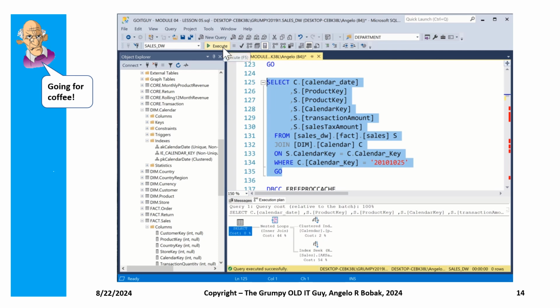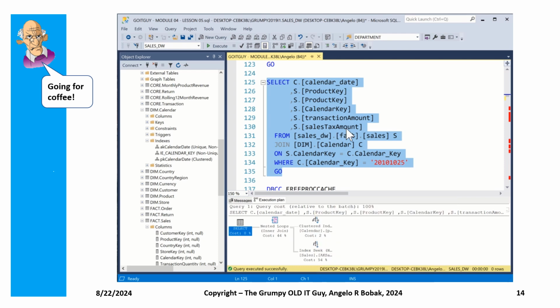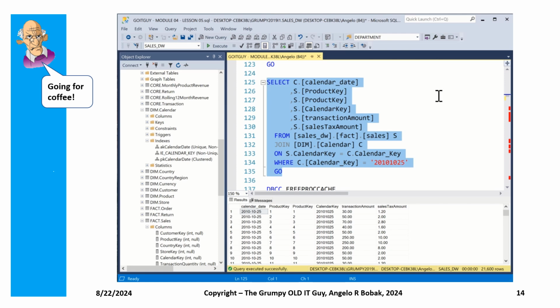Let's execute this query. Notice that when I hover over the task, a pop-up appears that tells you the steps involved in that task. We are only seeing a few of them because they're cut off at the end of the viewing area as I'm recording this, but try it on your own. So let's execute this query, and boom, 21,000 rows in under 1 second. So that was a pretty good